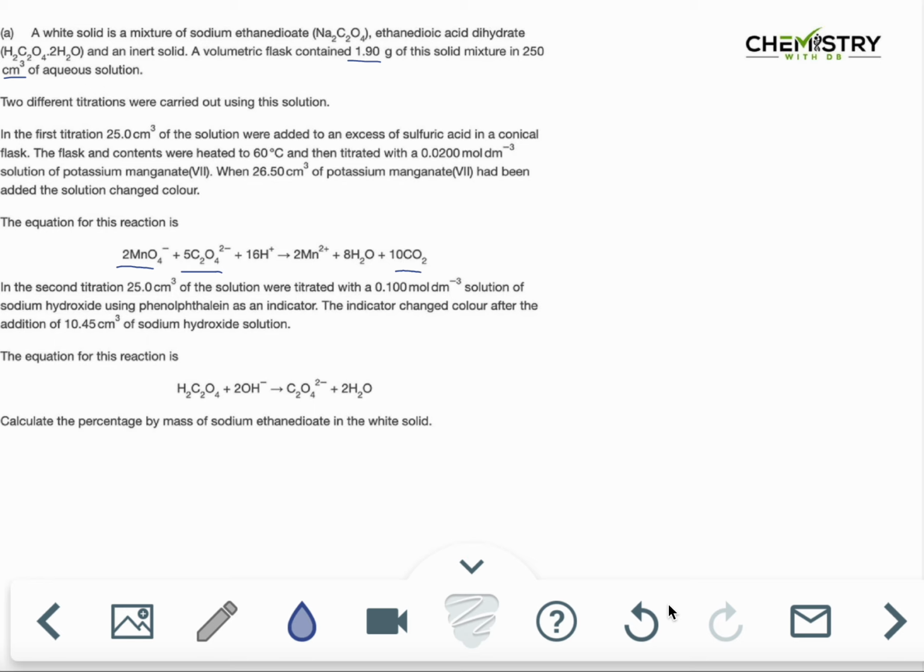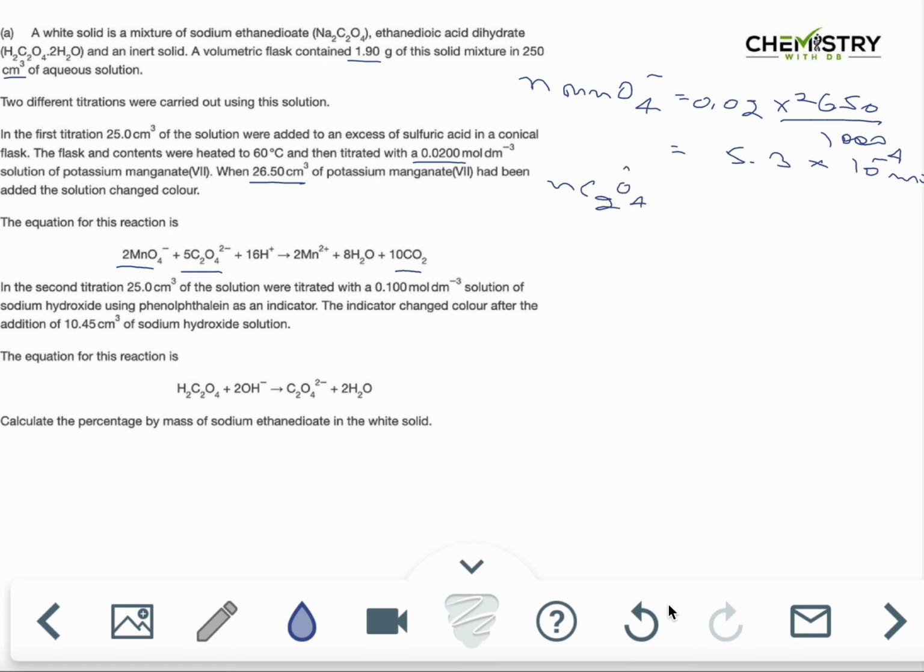For this, we are going to find the number of moles of manganate ions by using the volume and the concentration. So we use 0.02 times 26.50 over 1000, and we get 5.3 times 10 to the power minus 4 moles of manganate ions. Applying the ratio of 2 to 5, we get the number of moles of C2O4 2- by dividing by 2 and multiplying by 5. So we get 1.325 times 10 to the power minus 3 moles of C2O4